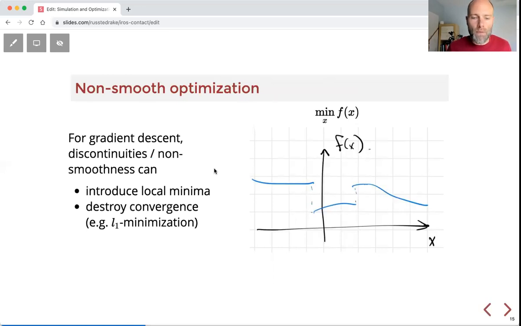In particular, maybe obviously, it can lead to introducing local minima. Maybe that's real and maybe that's okay. But I think more subtly, non-smooth optimization landscapes can destroy the convergence properties of gradient descent or just make it behave weirdly, honestly, and mysteriously. So, a classical example is an L1 minimization where you can potentially never converge with a gradient update, a perfect gradient update.